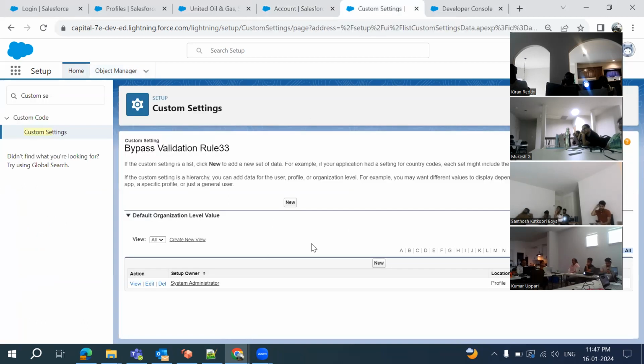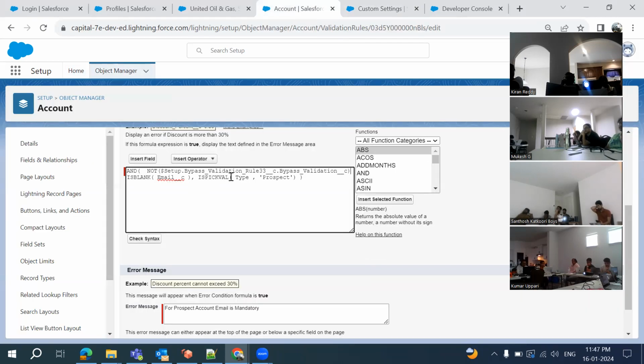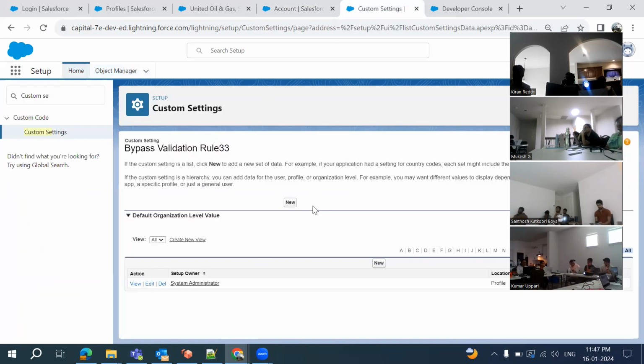Now I would like to bypass it for another profile as well. Then what do you need to do? In the case of the previous implementation, you need to use an OR operator and verify the second profile ID as well. But if you implement it like this, then rather than modifying the error condition,